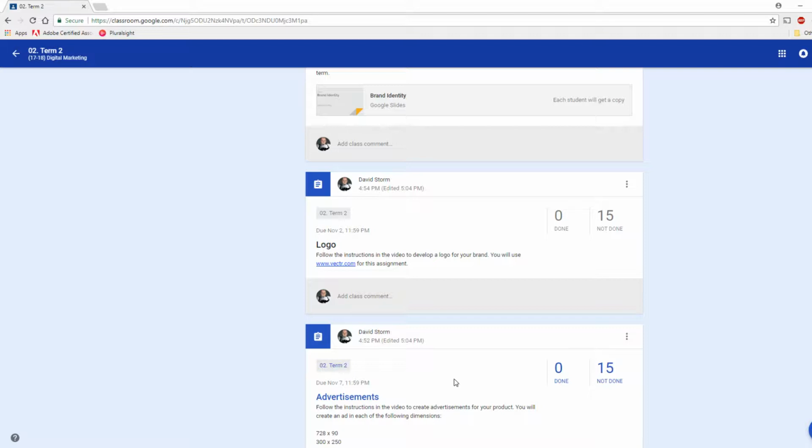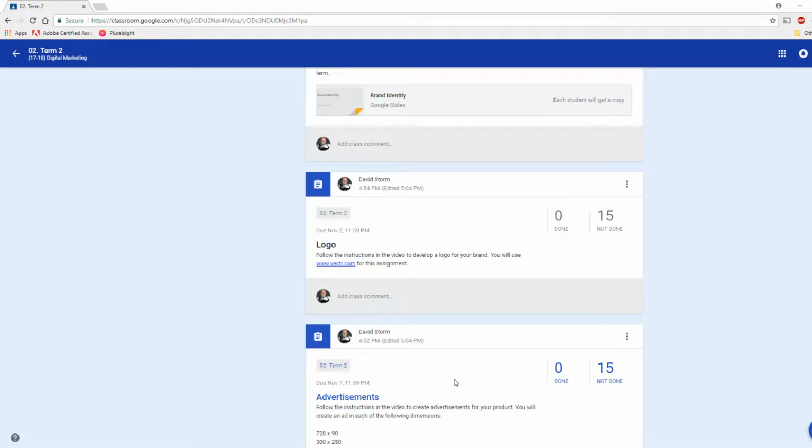Today we're going to talk about logos. Logos are super fun. I had an assignment last semester where I asked you guys to make logos for yourself, and that was just kind of fun, just to give you an idea of what you're going to be doing. But with this one, we're actually going to use some software that is specifically designed to create